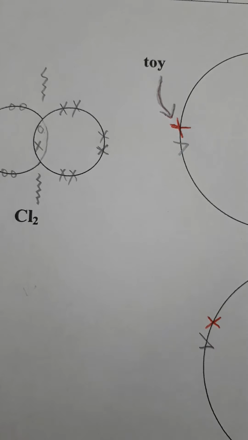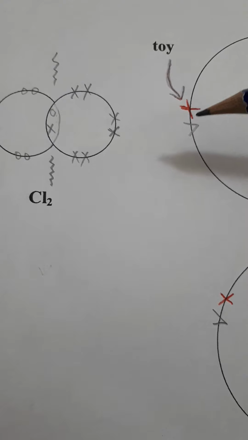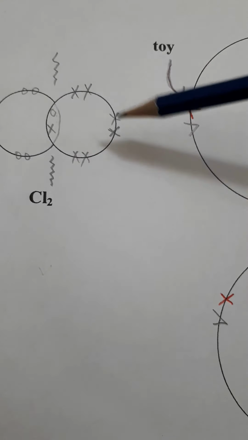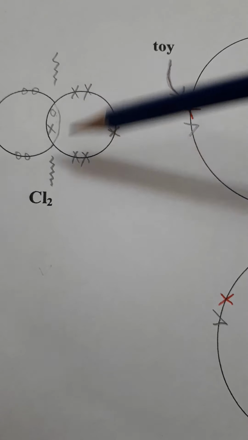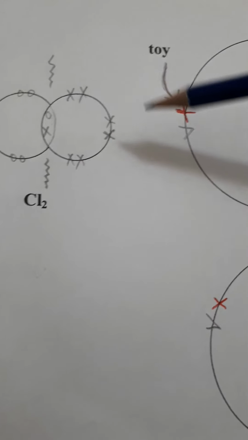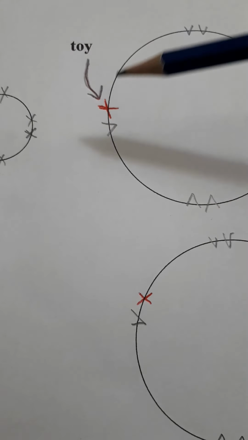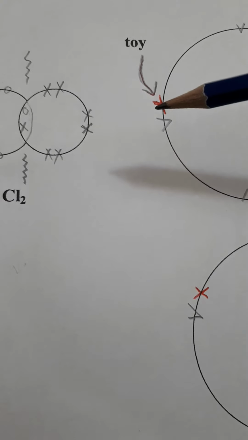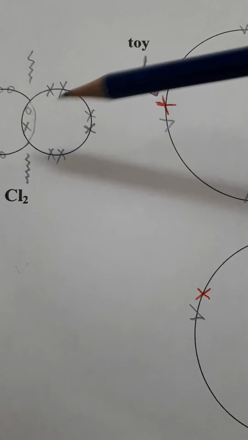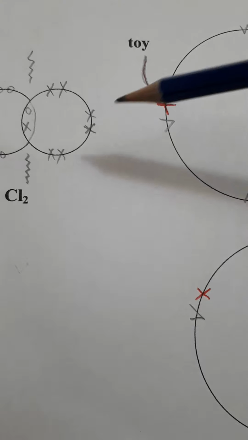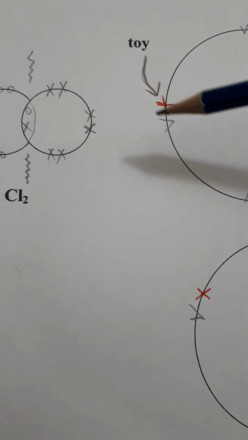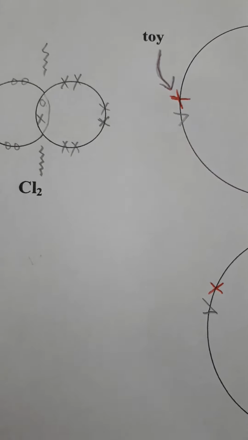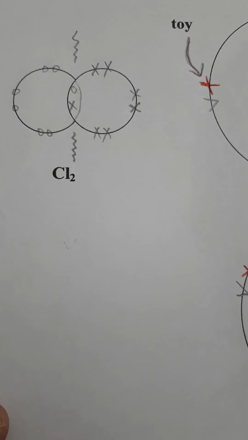And to help you, I used to call it a toy. My analogy was a big person holding a toy and a small person looking at the toy. Who is more interested in the toy? The small one. Therefore, the small one will quickly grab this toy. That is the way of remembering this type of reactions in part B.